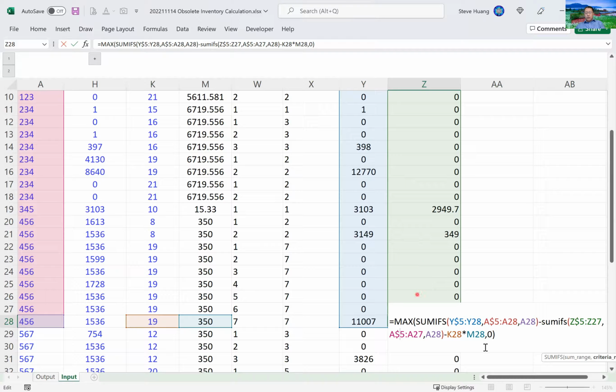Do that minus what we will ship within those 19 months. So that gives us the balance. If that balance is a positive number, then that will be the short-dated amount. If that's negative, that means we don't have anything left over, so we don't have a short-dated amount. So the max function will give us the 0. So that's the correct answer,